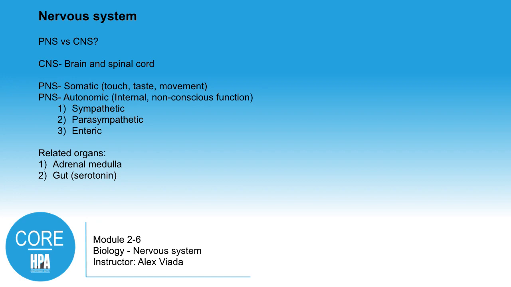Now, there are a number of organs that secrete various neurotransmitters and components of the nervous system that are not in the brain. We think about the brain releasing certain hormones and releasing certain neurotransmitters. But again, the adrenal medulla, which is part of the adrenal glands, actually secretes epinephrine. So this is an organ located outside of the brain that is part of the nervous system, effectively, that secretes neurotransmitters. So the nervous system is, of course, much more complex than just the brain and CNS. And in other areas, the gut is responsible in many ways for serotonin production.